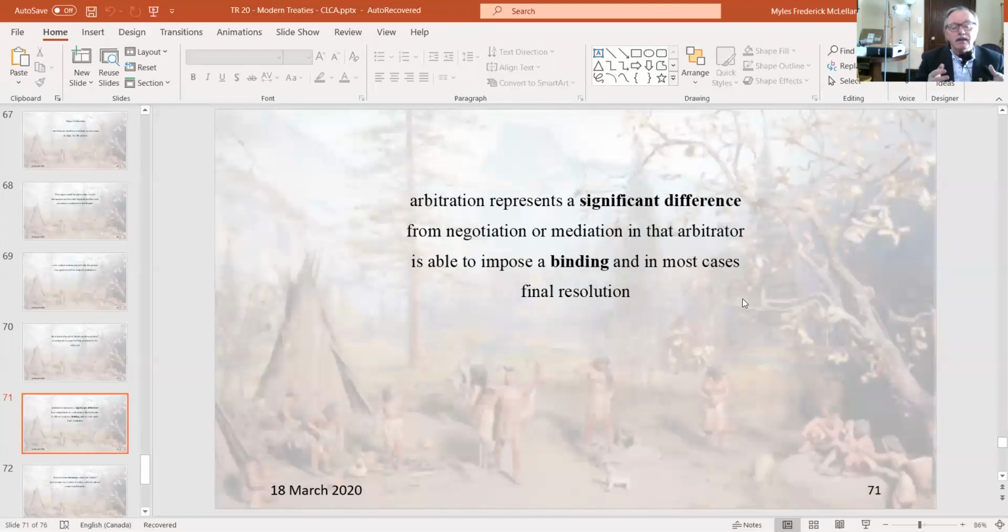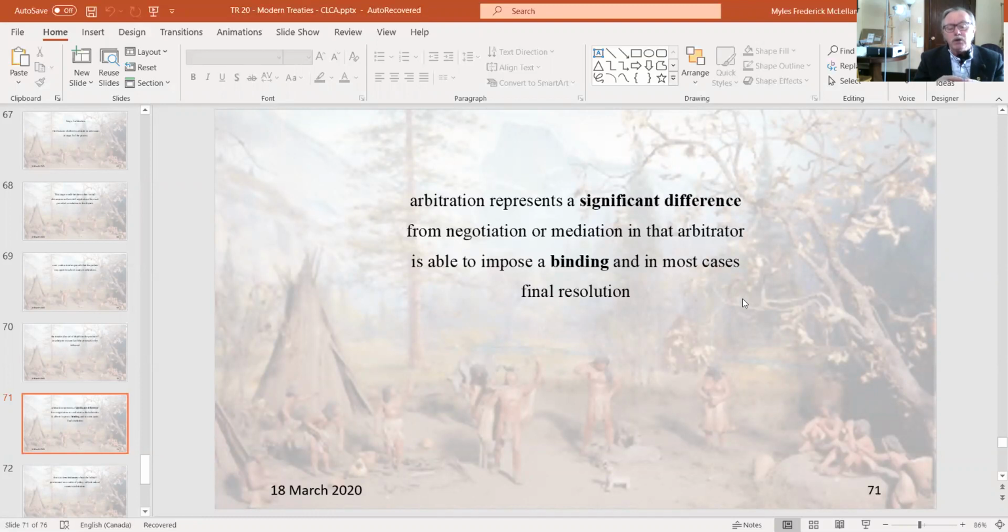It's significantly different than negotiation or mediation because it's going to be, to a great degree, a binding process where the arbitrator, in fact, hears the arguments from both parties, right, put forward, usually with lawyers. So now we're getting very, very close to a court process, with the exception, of course, that the arbitrator is appointed by the parties from a list of arbitrators that they agree to. It's not before a federally appointed judge in the Superior Court, for instance. So it's going to be an arbitrator that is appointed.